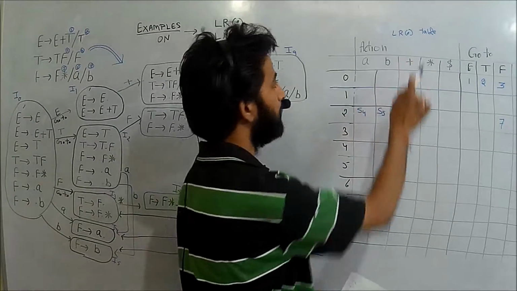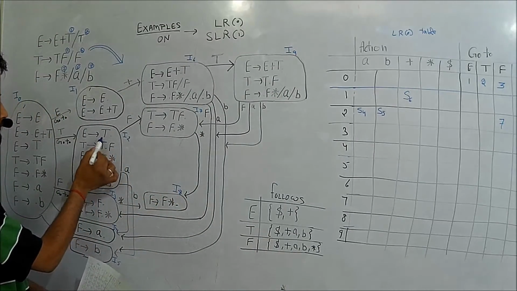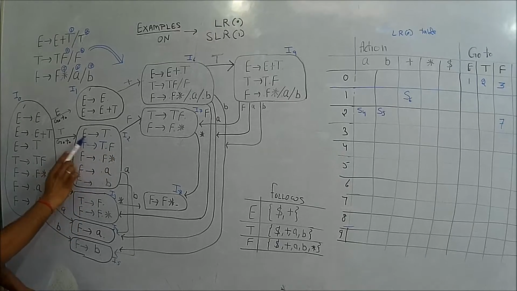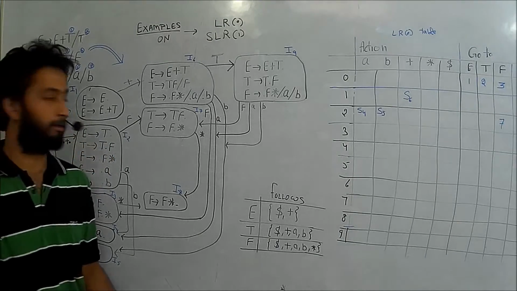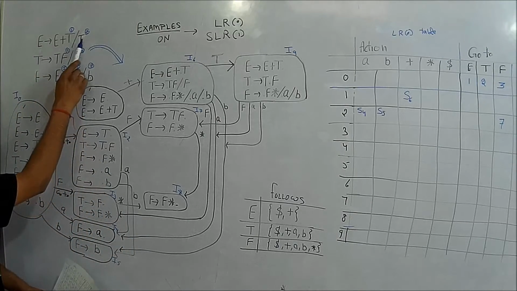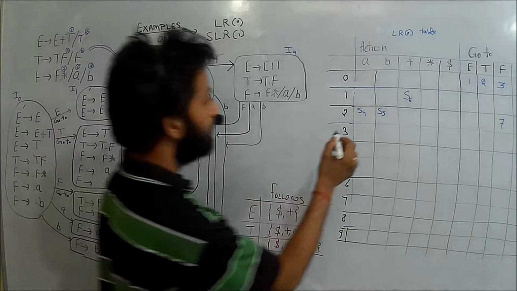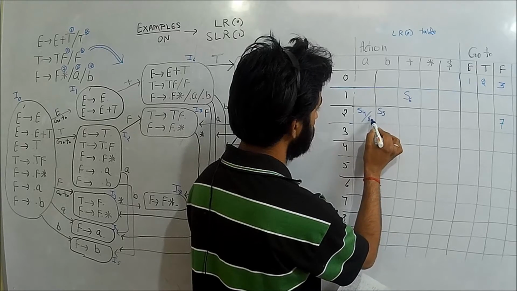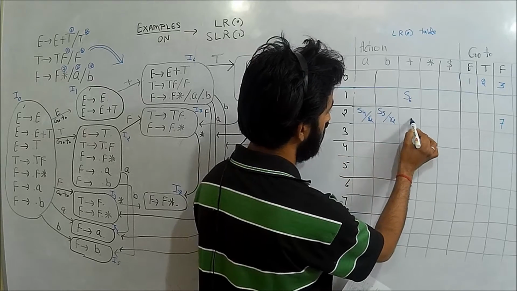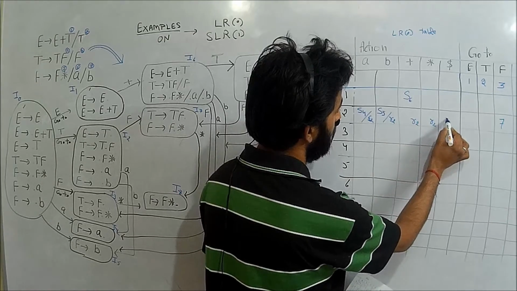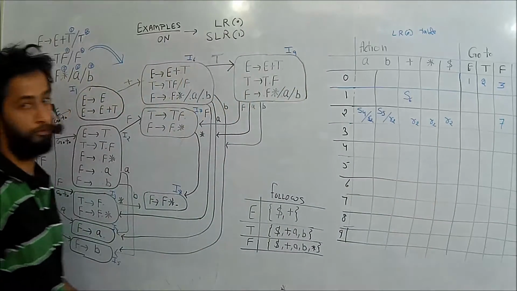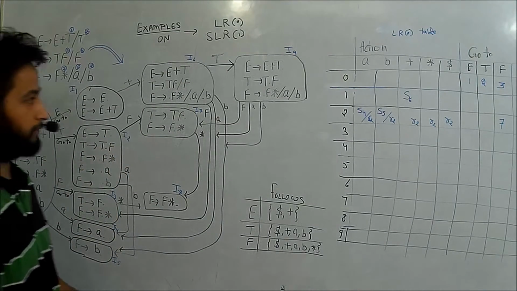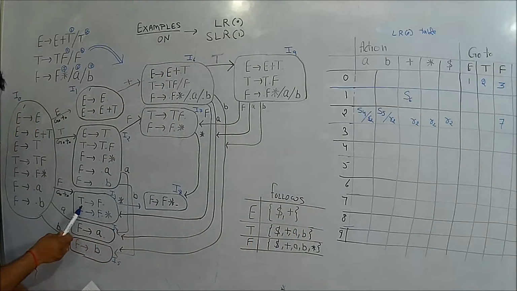So in case of LR0 parsing table, we will add the reduction move, or this is the final item, so we can reduce this T to E. So number to that production means we have to add the reduce move for the production. Number is 2, so I will have to add reduce move in the whole row, means R2, R2, R2, R2 and R2. Reduce move is because of this production. This one is the final, so we can apply the reduce move here. Next we have is 3.